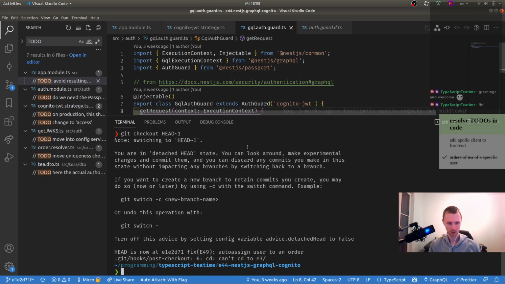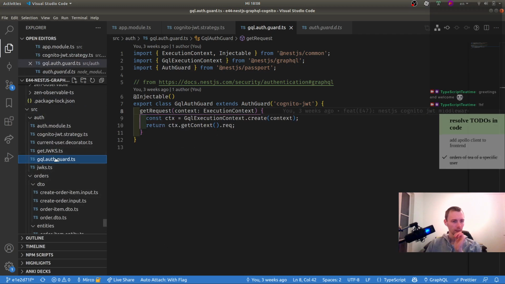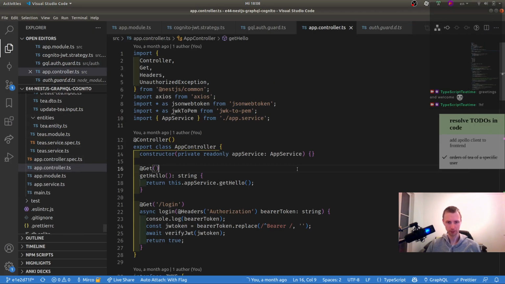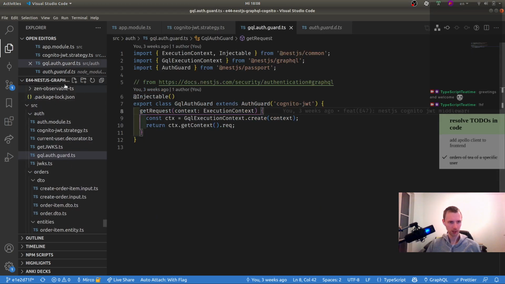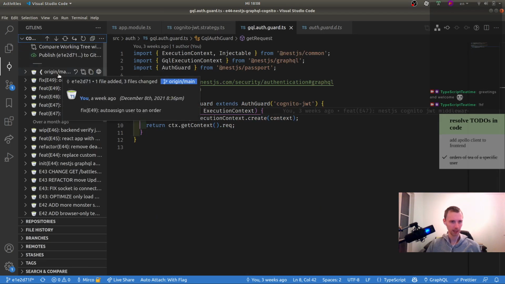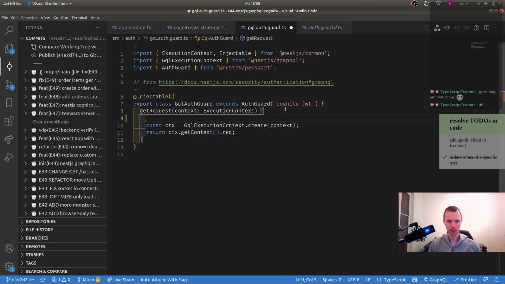Detached head. Post checkout. Interesting. Do we have something like that? Do we still have the controller now? We do. Perfect. I think we're now on the right commit. Yeah, equal to main, which is good, because I think what we can do here is say something like